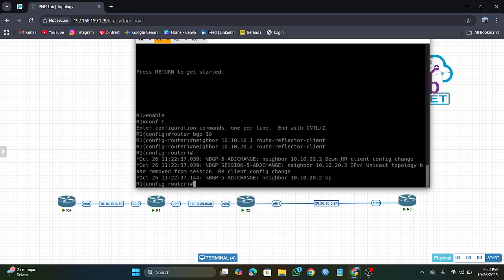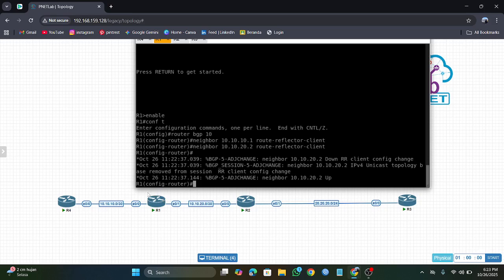Okay, so R1 is the reflector, while R2 and R4 will be the clients. And actually you don't have to set it up on router 1.